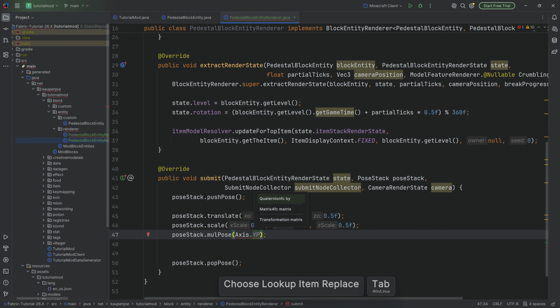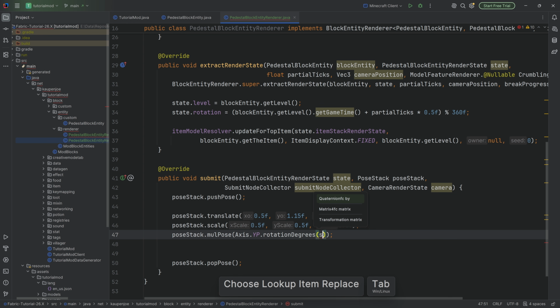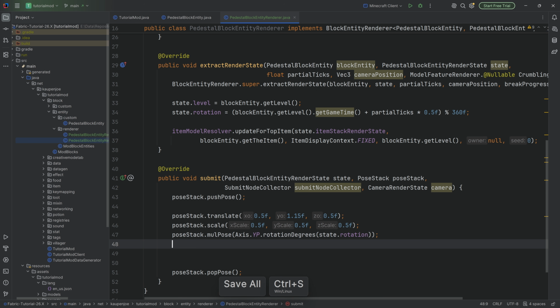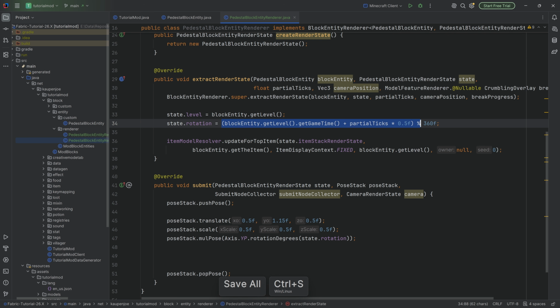So you can imagine we're basically drawing a line, right? We're making an axis that's going from the bottom to the top of the block, right? That's the axis that we're rotating around, and we'll go rotating around in the following degrees, which is state.rotation. There we go. And because the state of the rotation changes with basically each game tick over here, that means that it's going to continuously rotate. Highly recommended, of course, if you want any rotation changes, change the thing that we've added over here in the